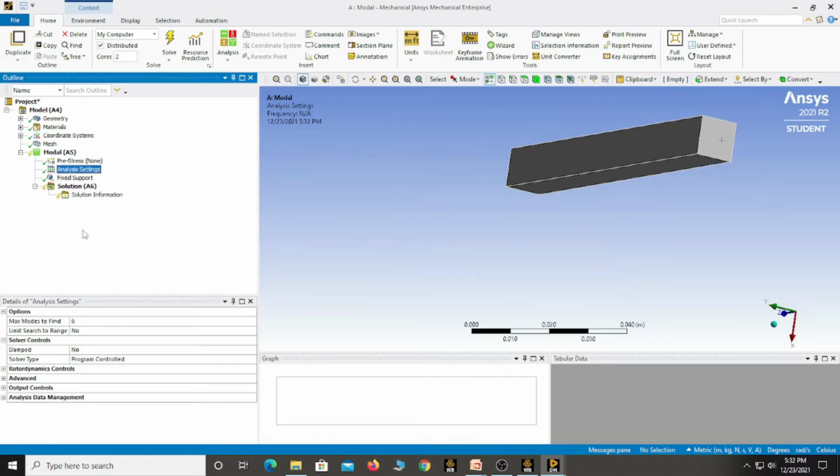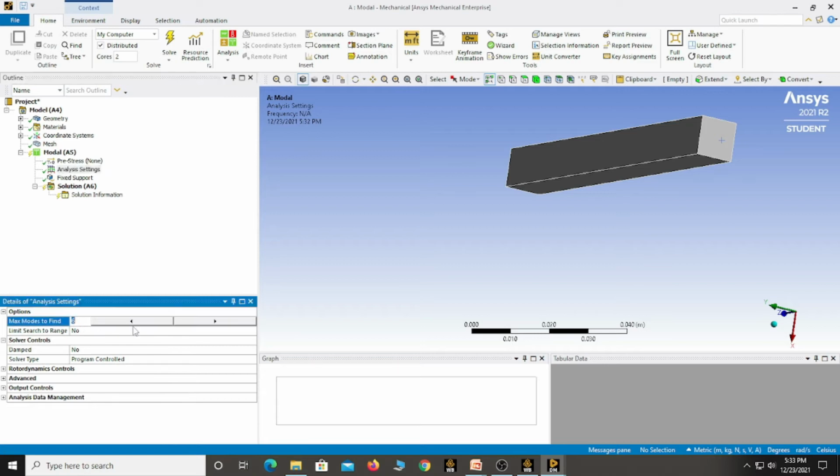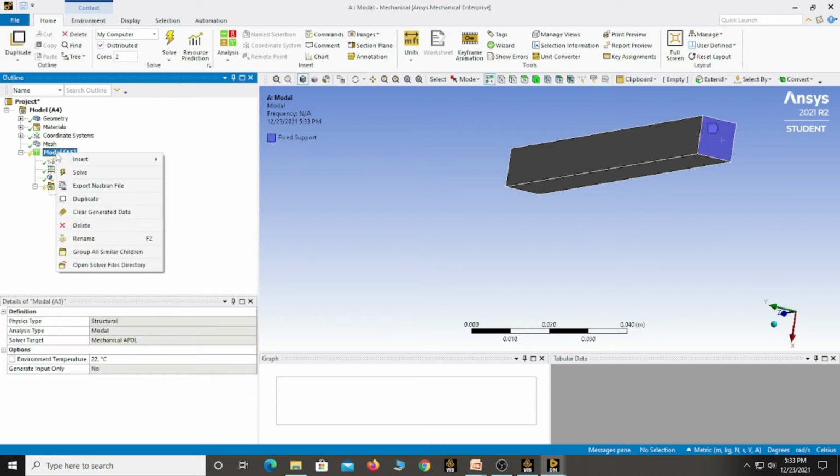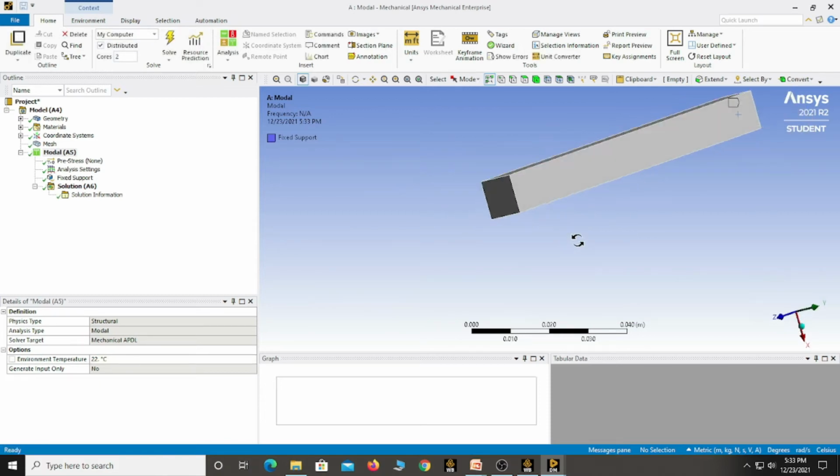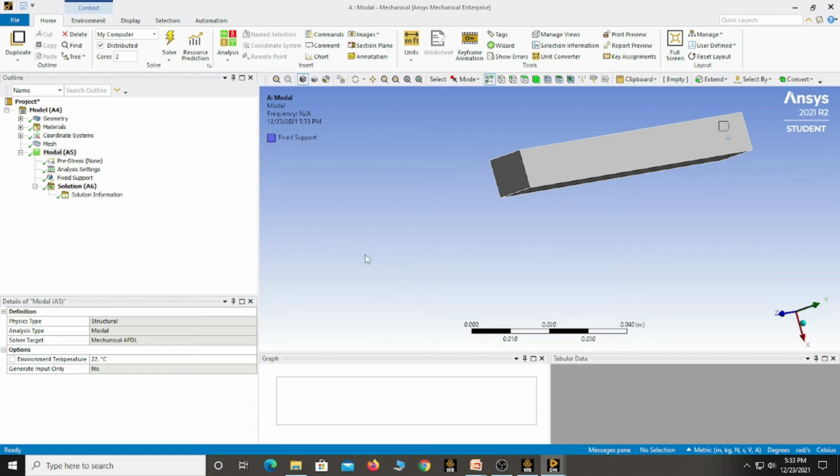Here you can define the number of modes. By default it is showing 6. If you want to increase or decrease you can do it here. Right click on the model and solve. Now the solution is ready.